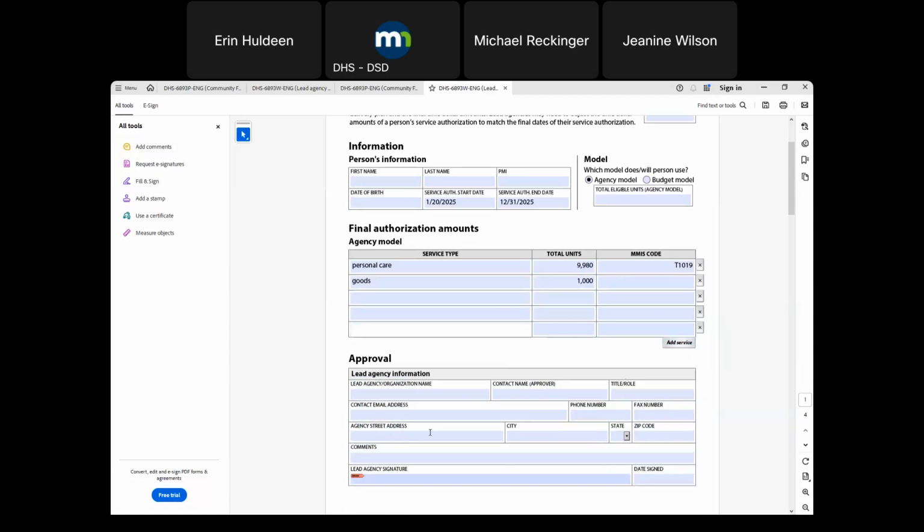Okay. And then afterward, the lead agency is going to fill in their identifying information along with a signature. So what you should be getting from the lead agency is a copy of the service delivery plan, as well as this addendum. And this addendum will really act as kind of like a cover sheet for you and for the individual person. So they can see exactly the services that were approved and the total number of units or dollars that are available for each of those different service lines.